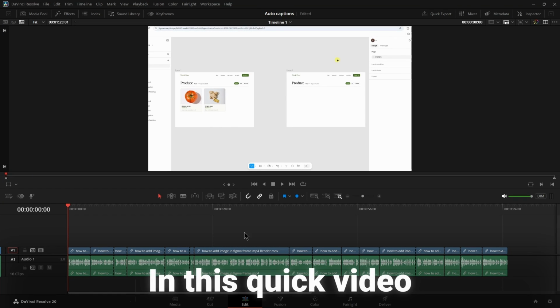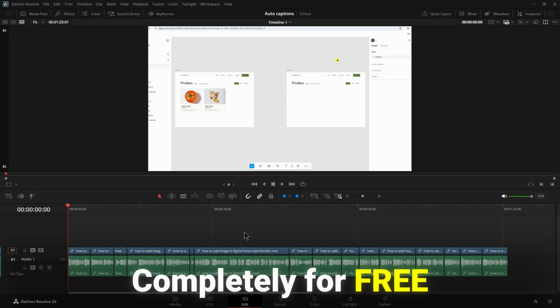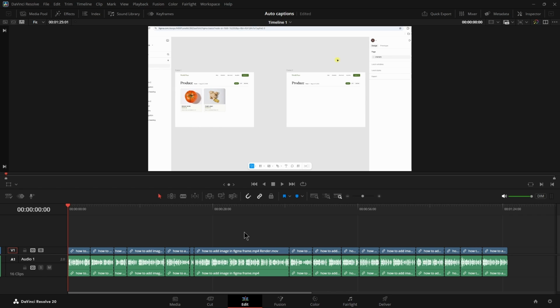In this quick video, I'm gonna show you how to generate auto captions in DaVinci Resolve completely for free. Now there is no inbuilt option to generate captions in DaVinci Resolve free version, but you can do a workaround which is very easy. For that, firstly do all the croppings and editing you want to do on your project,